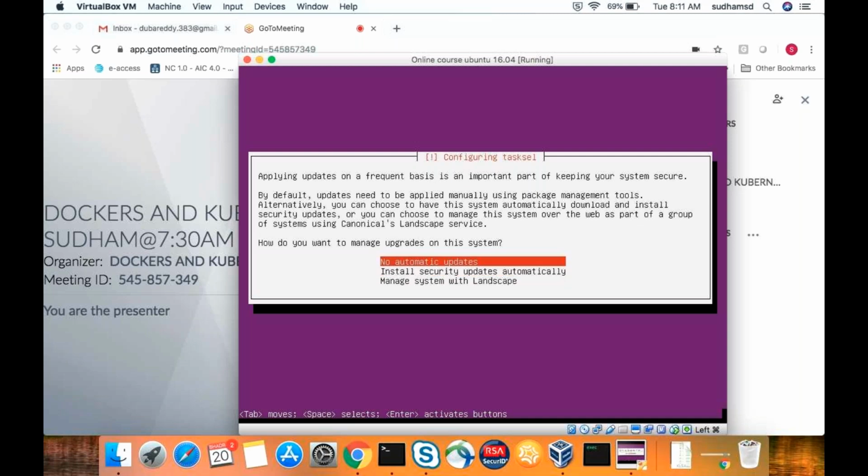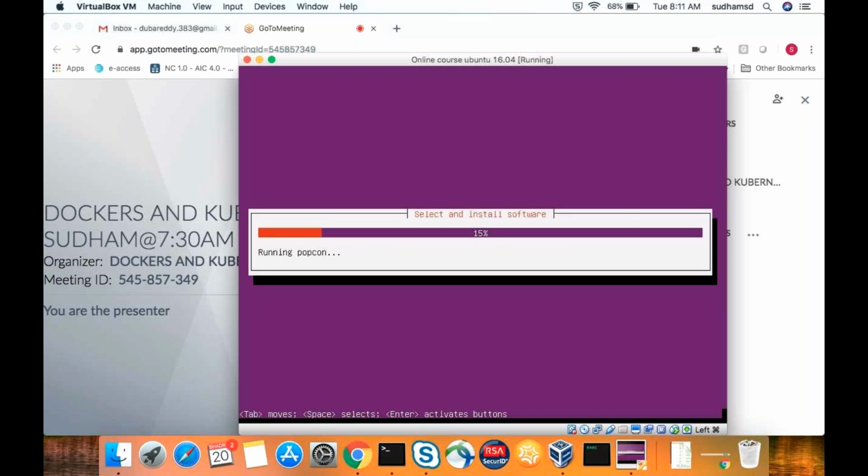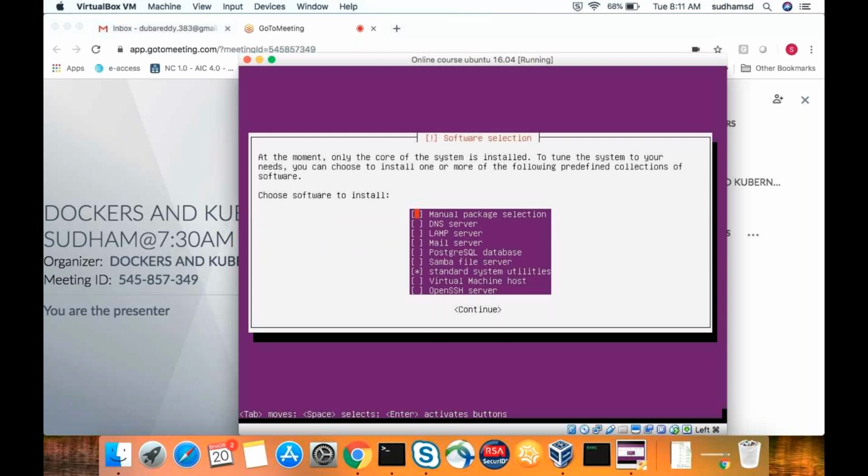Okay. So here we should not use any automatic updates. That's because when I install some important package, I need to maintain only that specific version. I don't want to go for automatic updates. So select the first option and then press continue. In production servers we don't use automatic updates because some packages are specific to that particular application. The application which is developed may be specific to one version. If you upgrade, some particular functionality may not work on the latest version. That's the reason in production servers we disable automatic updates. Manually we try to upgrade it.